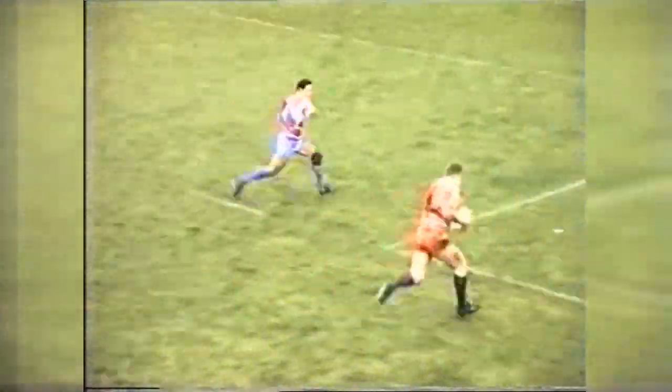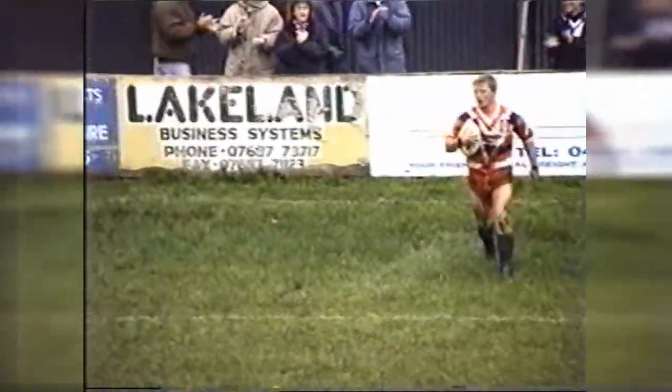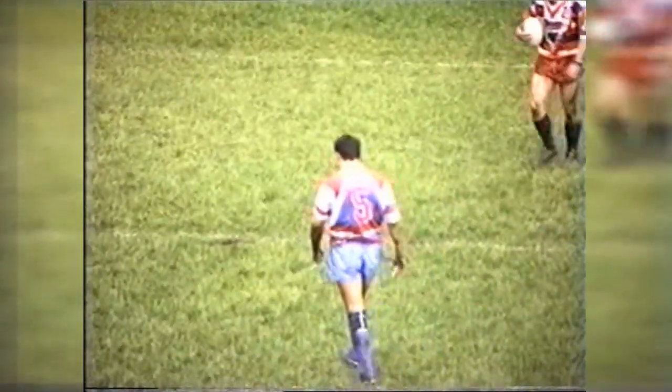So Carlisle just about in. Oh, and that's a bad mistake. Porniola scooping that ball up. I'll bet money that the Featherstone Rovers scored a try. It'll be Martin Pearson. That's a bad mistake by Carlisle, and they couldn't have picked on a worse man in all Great Britain to pick that loose ball up in Paul